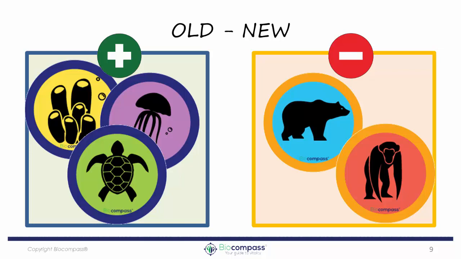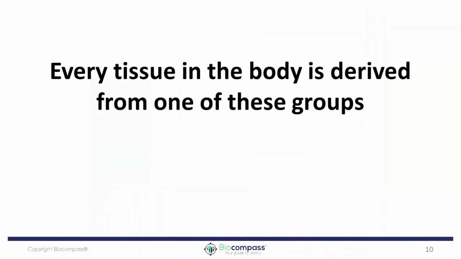The old type of tissue, like the sponge, jellyfish, and turtle tissue, do more cells building structures, giving more hormones in the adaptation phase and breaking down the wall in the restoration phase. The new type of tissue with the orange border have a cell reduction in the adaptation phase and a build-up in the restoration phase. So what is important to remember is every tissue in the body is derived from one